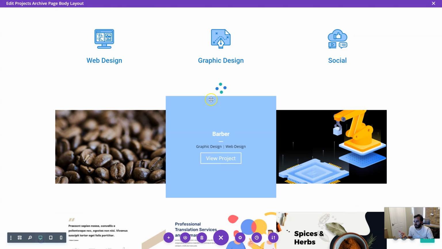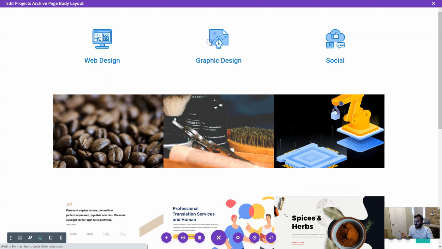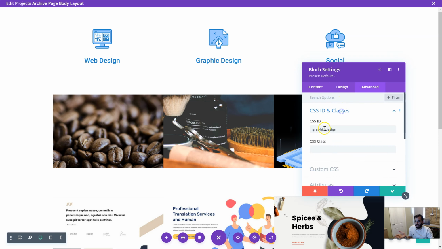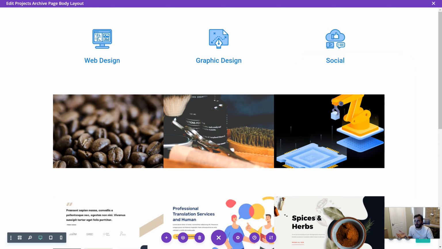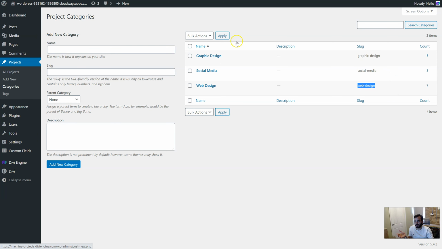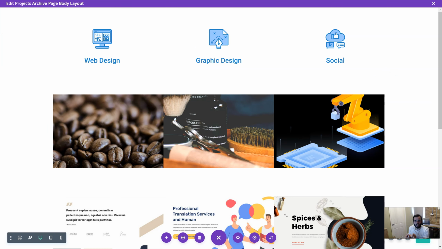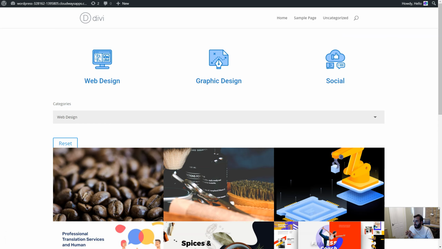Let's go back to this. The graphic design one would be graphic-design, and so on, and you can see it matches like that. So you're giving a unique ID to whatever you're going to click, image, text, whatever you want to do. It's the same value as one of the select values. Okay. Now that we've got that,